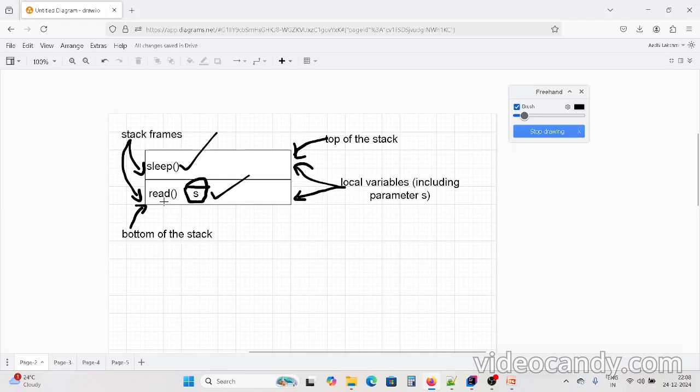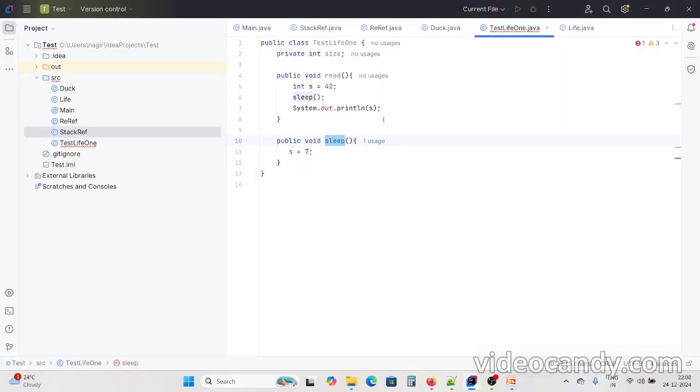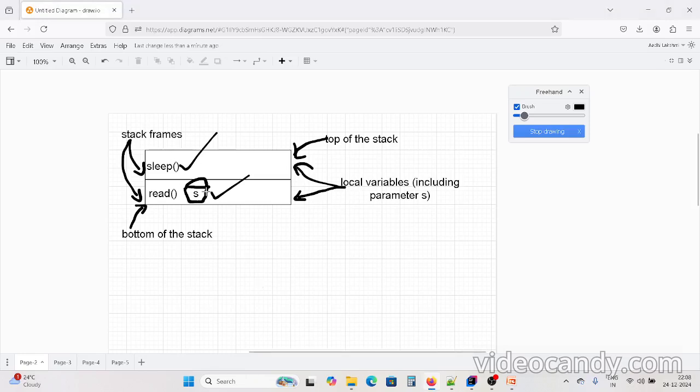The variables are alive. We can say that variables are alive, and I am talking specifically about local variables, as long as the local variables are present on the stack. As long as these variables are present on the stack, you can say that the variable is alive. But whenever you call another method from a method, like whenever you call sleepOff from readOff, then the control will go to sleepOff and all the variables present in readOff will go out of scope. And there is a simple technique